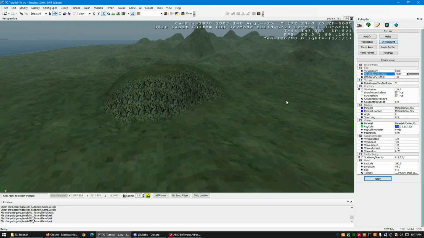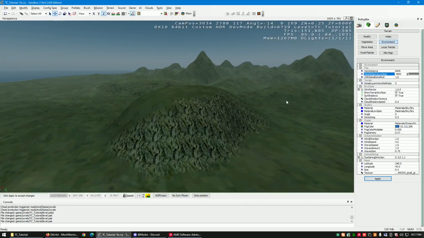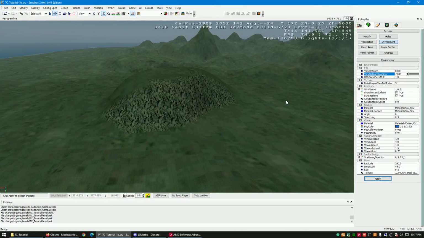Does this affect the in-game view distance? Yes. Well, no, it doesn't. It doesn't affect the in-game view distance. It affects what the map will render. So in other words,